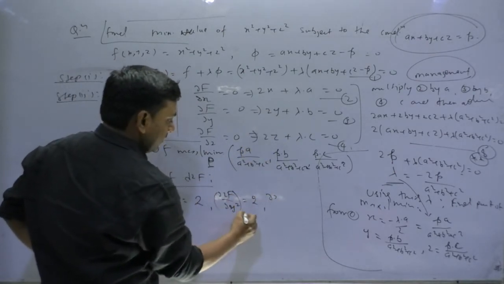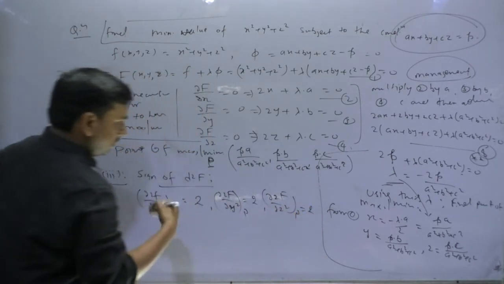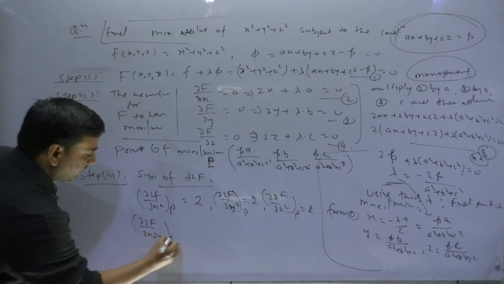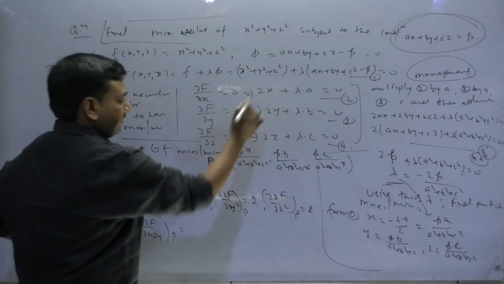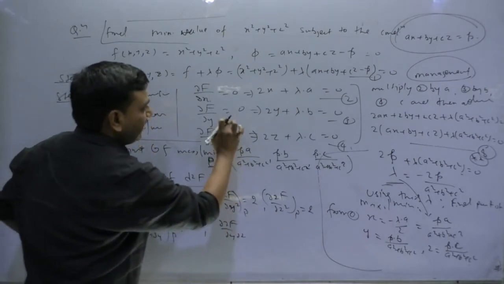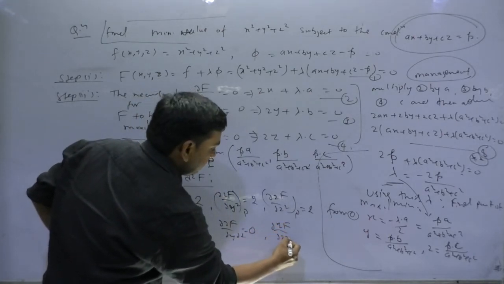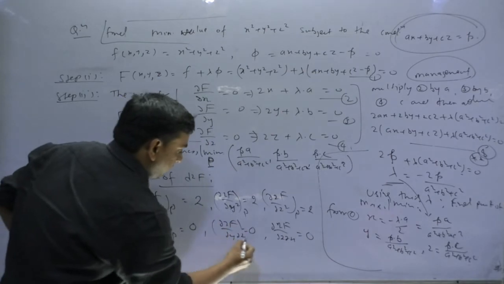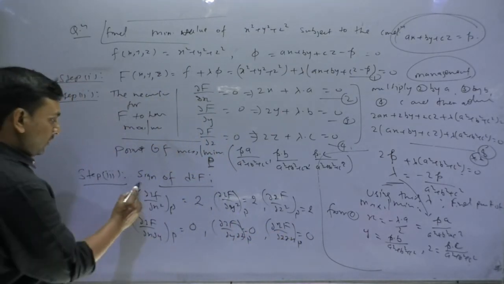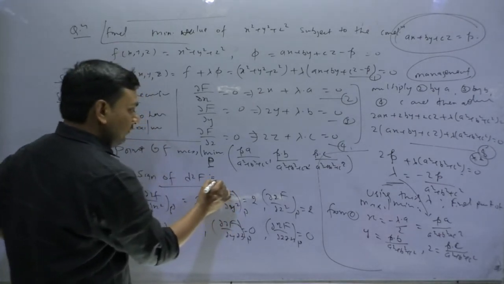Similarly at the point P, at the point S 2. What else we need here? Derivative 2f over derivative x derivative y at the point. So derivative x derivative y is 0. Similarly derivative 2f over derivative y derivative z is 0. Derivative 2f over derivative z derivative x is 0 again, at the point P. Clear now? So I will use all these three expressions in the expression of d2f.